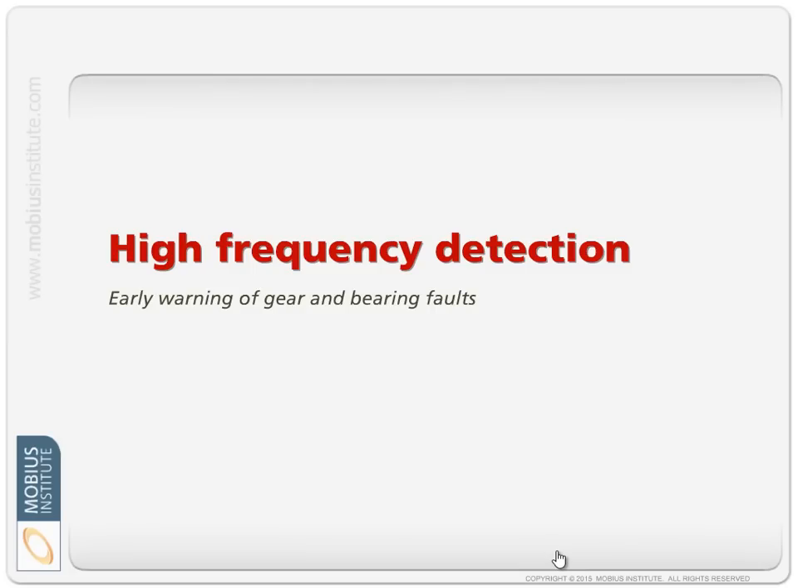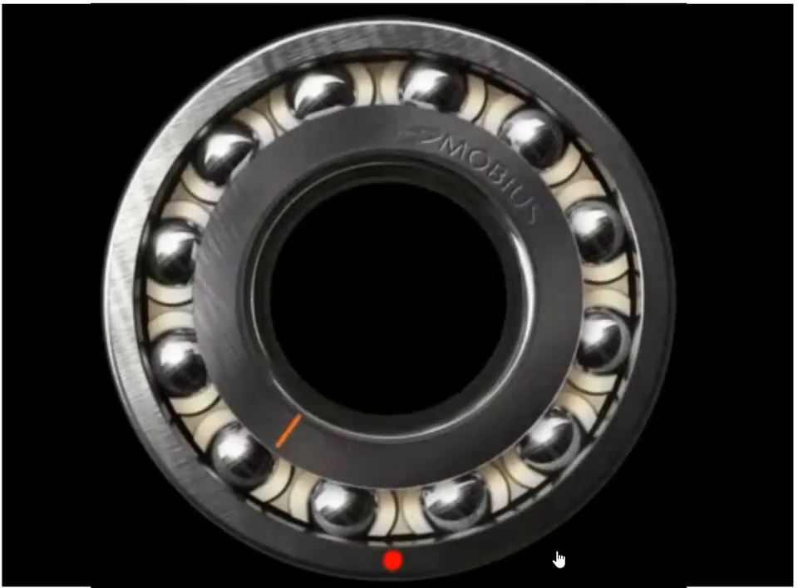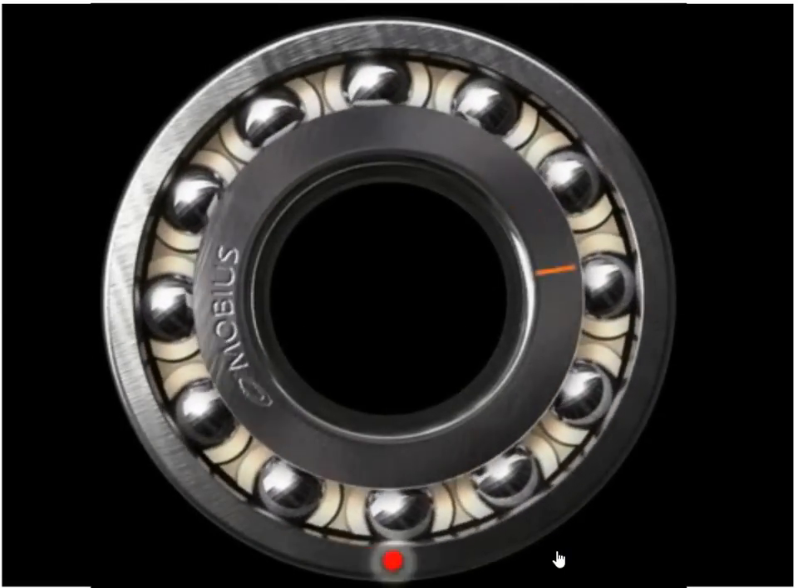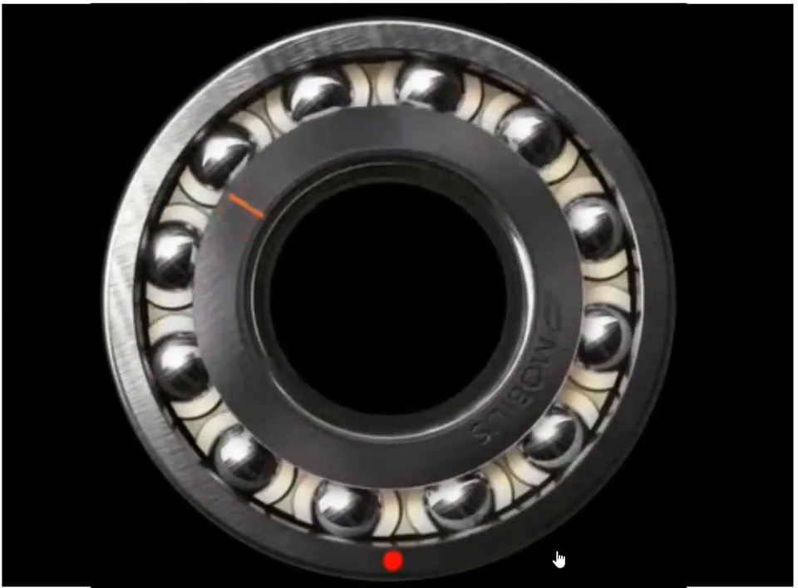Now there's a special type of spectrum analysis where we, instead of just looking at the normal sort of range of frequencies, let's just simplify it and say, up to 1,000 hertz or something like that. Hertz is cycles per second. Instead we look beyond that, because it turns out that when we have, for example, a fault on the outer race of the bearing,